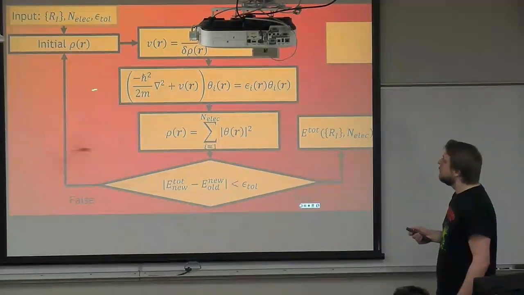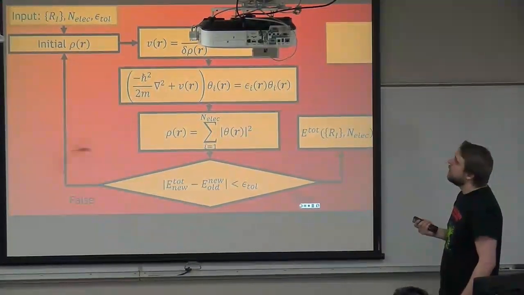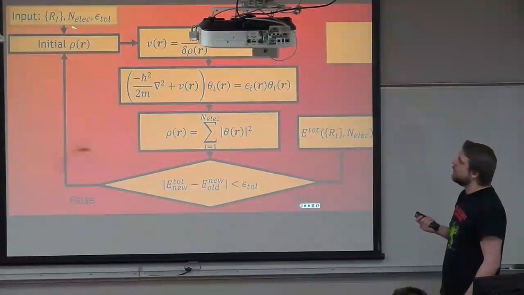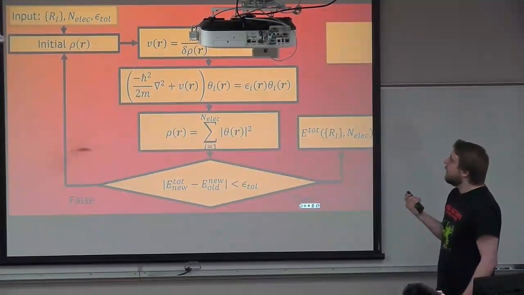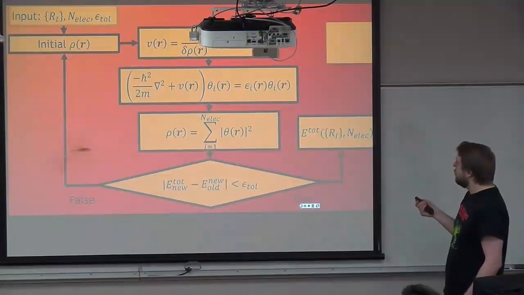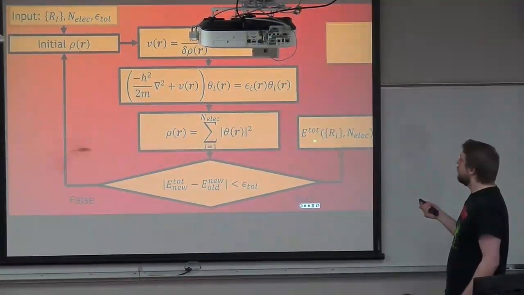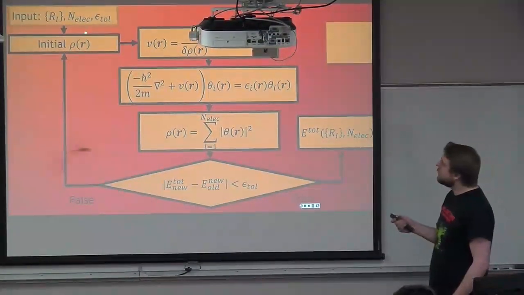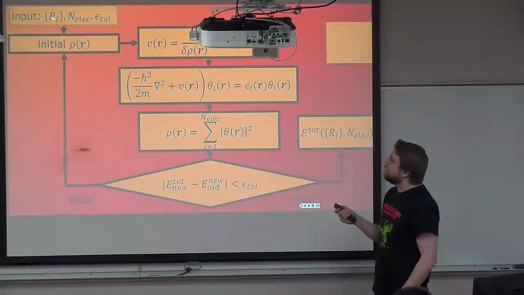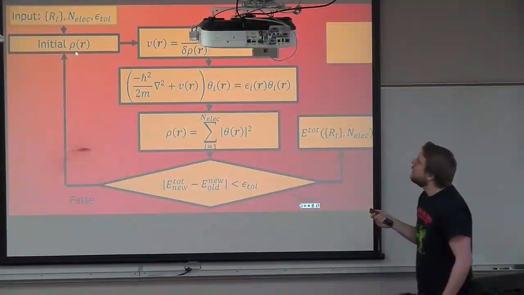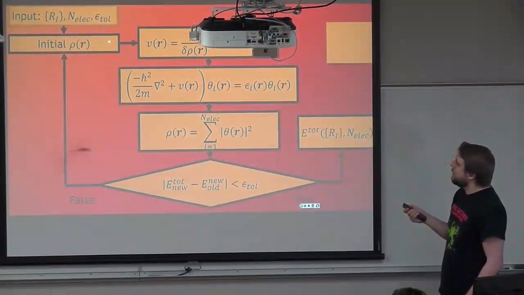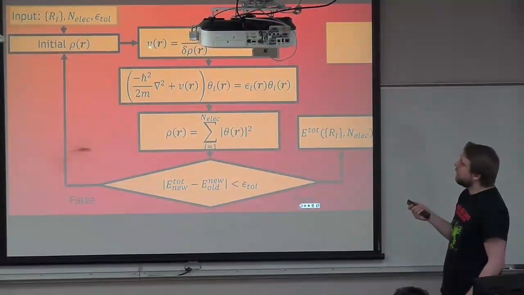The whole idea is to just take some input, in this case the positions of ions, the number of electrons, and some energy tolerance, and generate output. And in this case, what you want is the total energy of the system. So once you have the positions of the ions and the number of electrons, you can get an initial charge density, which will then let you calculate the potential.